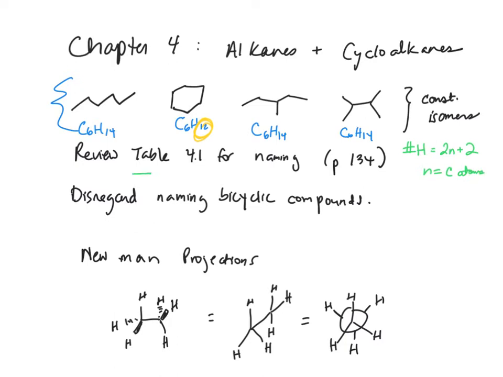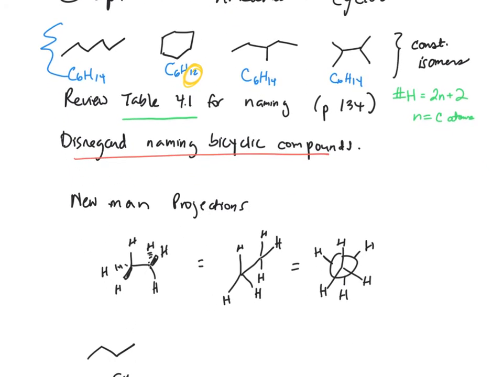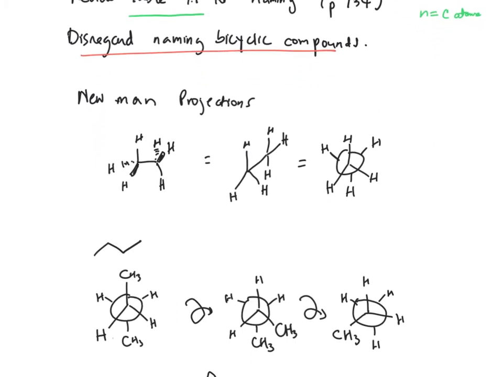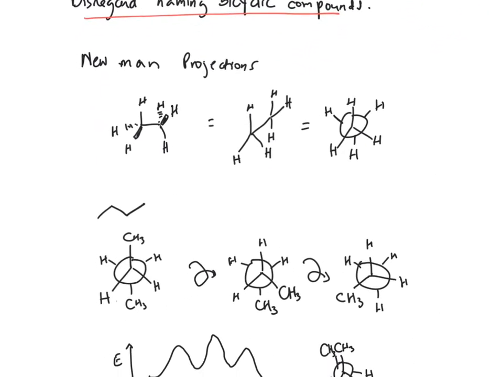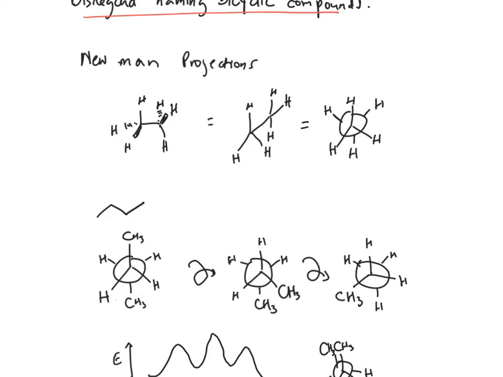Review Table 4.1 for nomenclature of alkanes and cycloalkanes. You can disregard the naming of bicyclic compounds. The main two parts of Chapter 4 are Newman projections and projections of